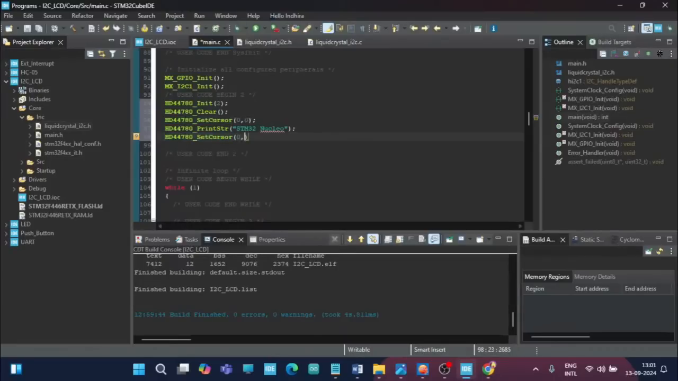Now, in the 0th column, first row, what I want to print is, using print string, "I2C LCD demo". Okay, and then I'm going to end it with a delay of 2 seconds. Okay, and after this, again I am going to clear the screen,